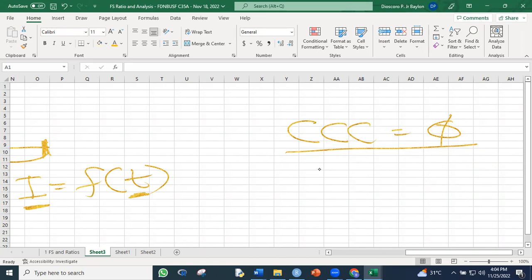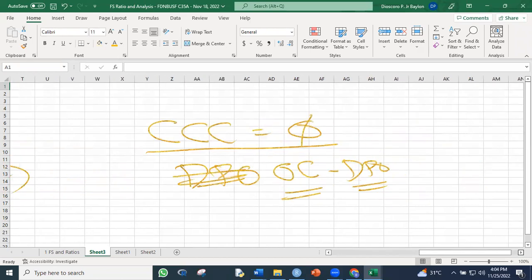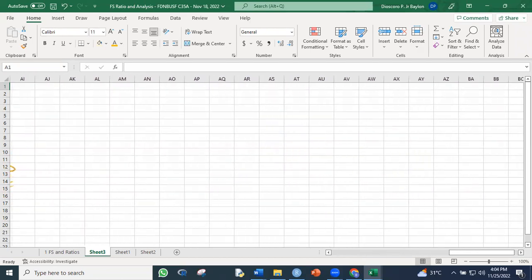Remember, this is operating cycle minus DPO, days payable outstanding. So if this is 0, it means that your operating cycle and your DPO are the same. Di ba? So nagmamatch lang yung pag-collect natin ng receivables at saka ng DPO, which is an ideal situation. Gusto natin na by the time we're able to collect on our sales, magsisimula pa lang din yung DPO natin. And lastly, what's the meaning of a CCC